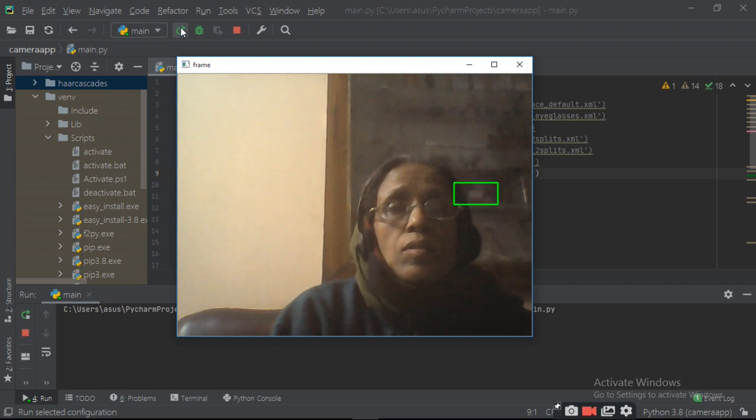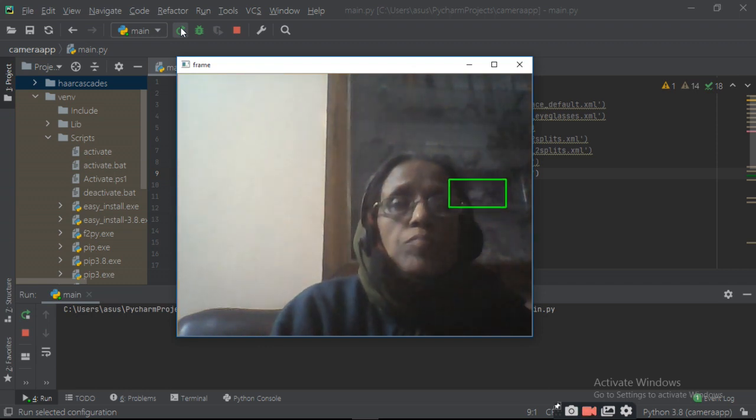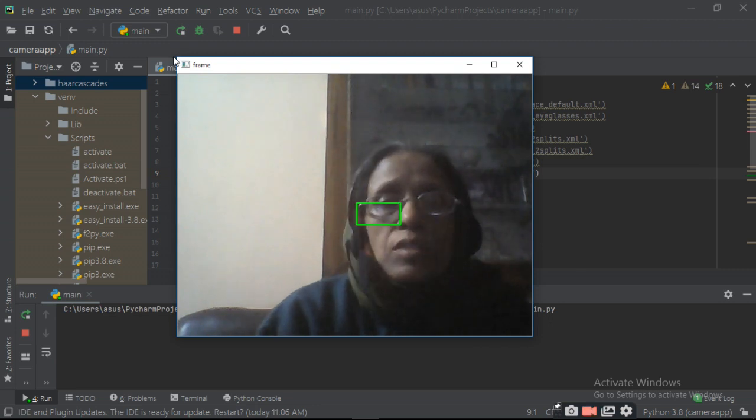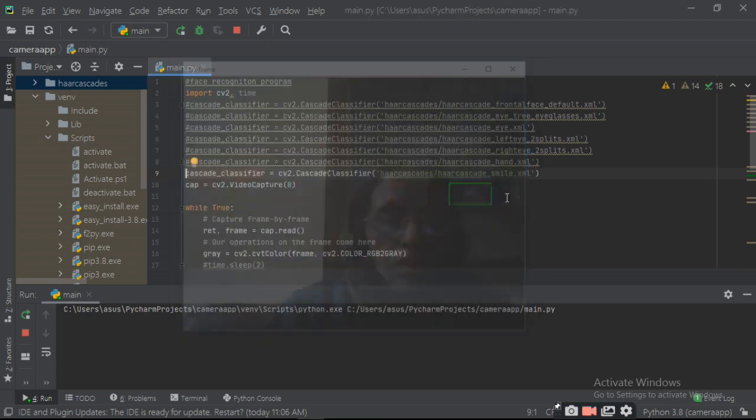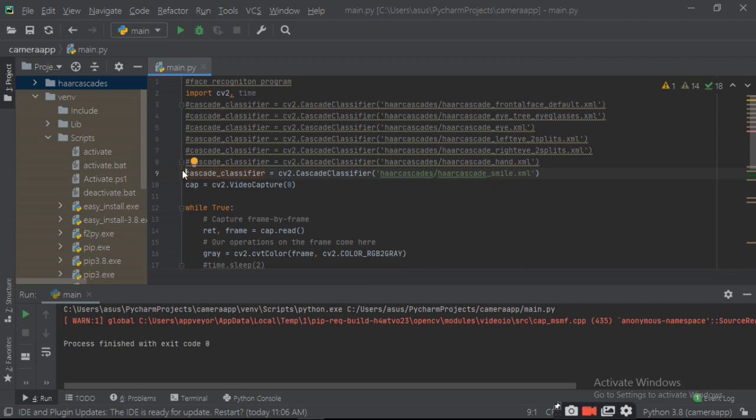So it is recognizing. The small portion is in the back, yes, this is the portion, and it is recognizing the eye and lip and all these things. So this is the way to recognize your face. You can make a different project on it.